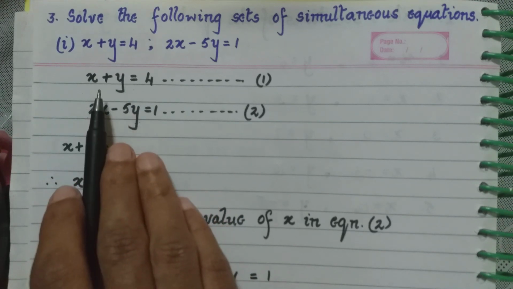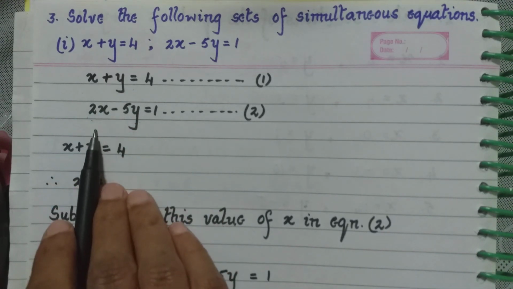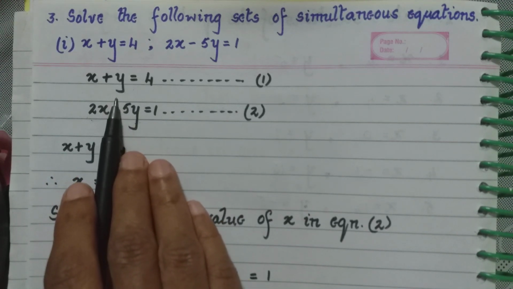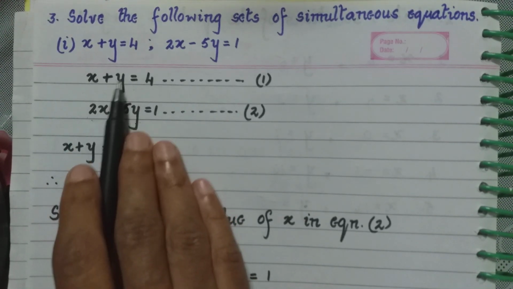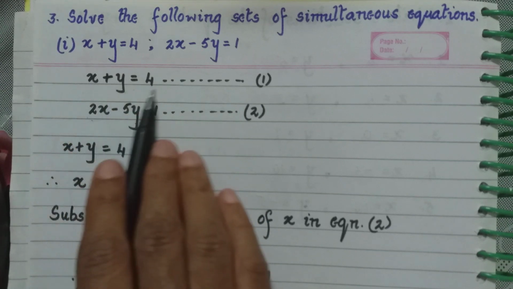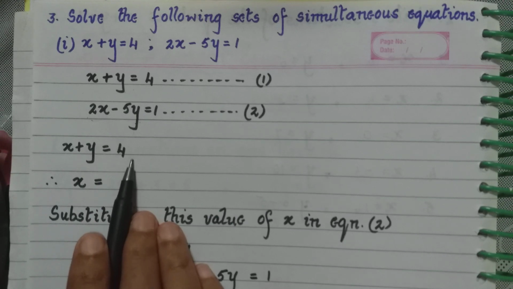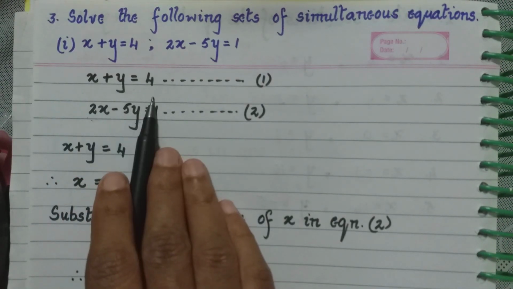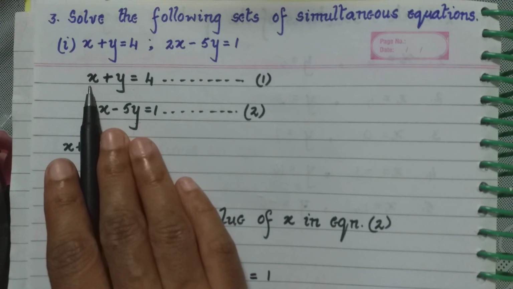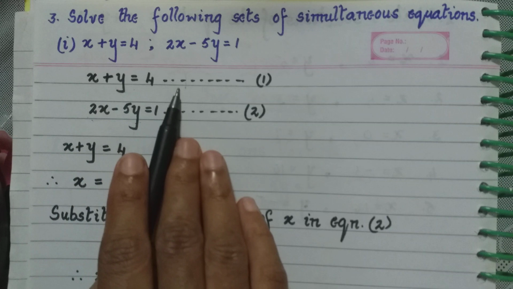In every sum or every problem, you will not have both of them having the coefficient 1. Any one you may have having the coefficient 1. So if you have any of them having the coefficient 1, we take that and with the help of that, we will solve the remaining question. Now I have this first equation which is x plus y equal to 4. I have written it here. Now, why is this important for me? The one which is having the coefficient 1, we leave that on one side and take the remaining terms on the other side and see what is that in terms of the other.